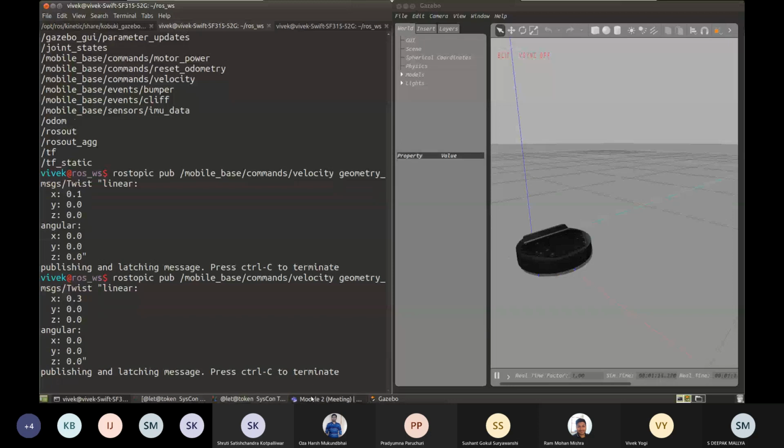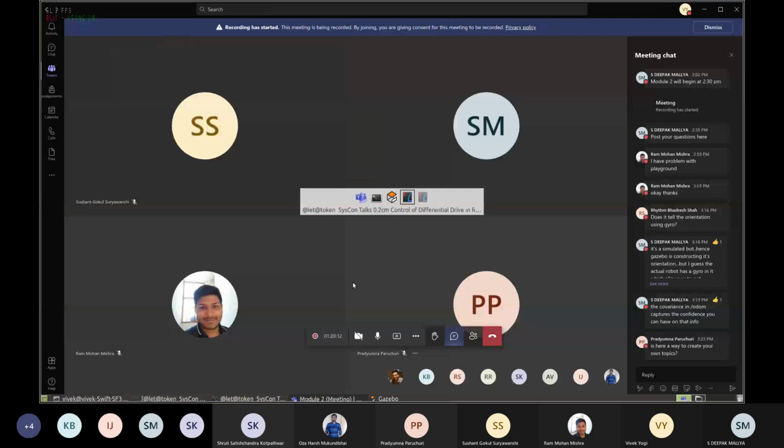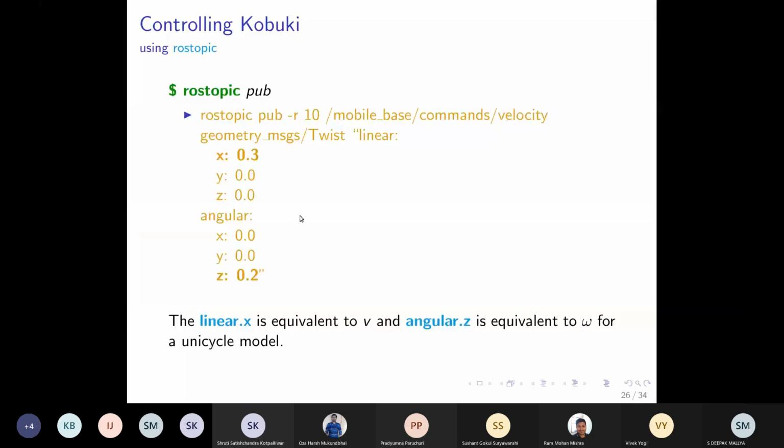I hope I'm still connected. So guys, that was how we can use rostopic pub. There was a little bit of an issue, but it was resolved when I relaunched the whole project. This is how we can control our Kobuki from the command line.